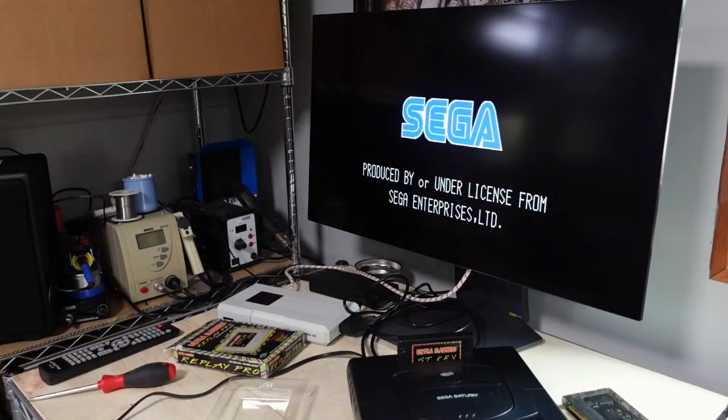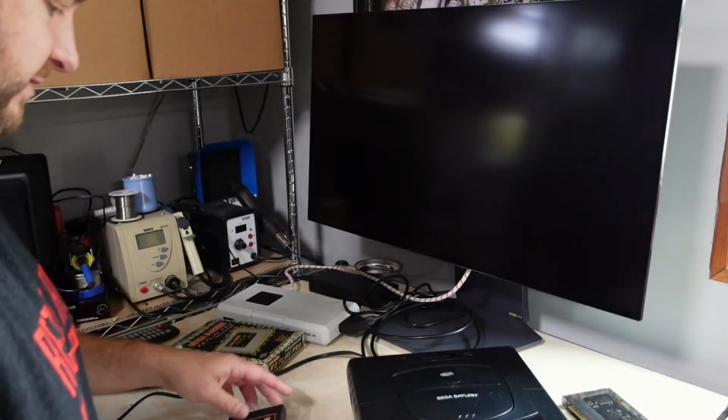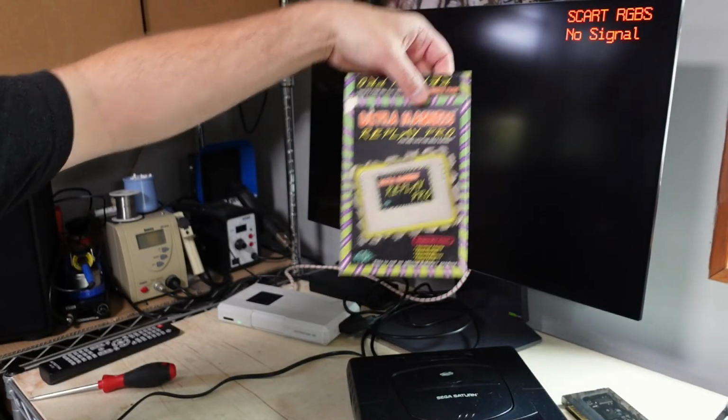GT, yeah. So, look, this is already doing better than I expected. Does anybody know what this is? I just don't know what this is. Let me try